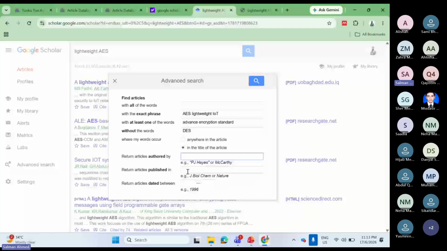And here you can also write the publisher, if you are focusing on research articles from IEEE, or from Springer or something like that. Here, as I said previously, you can write the years, from which year to which year I'm covering.